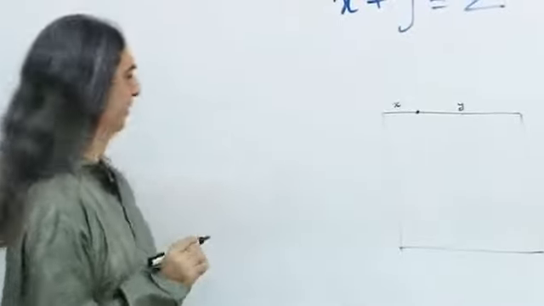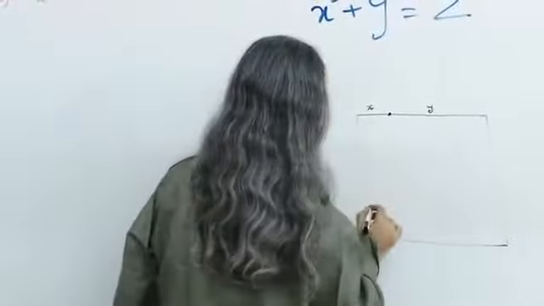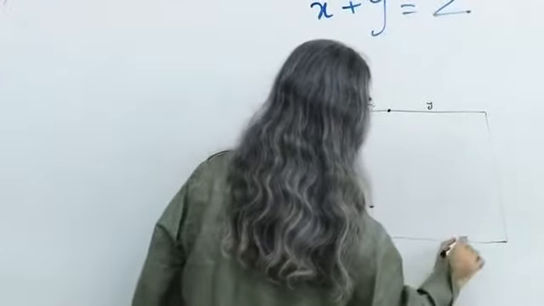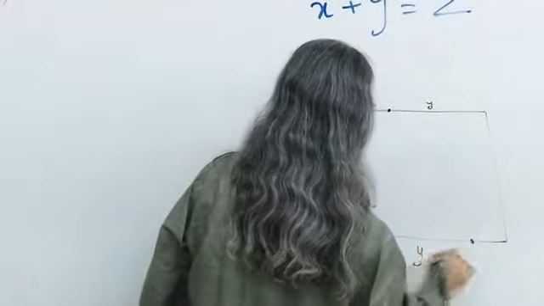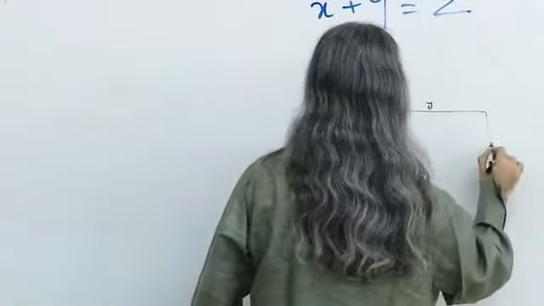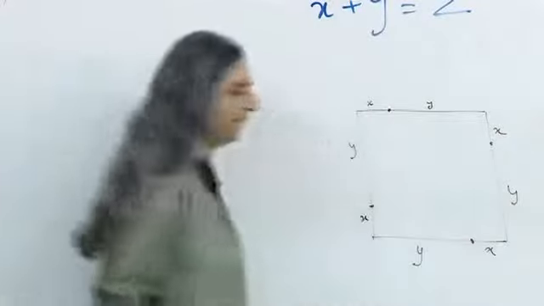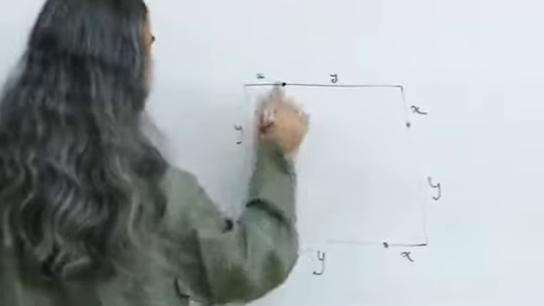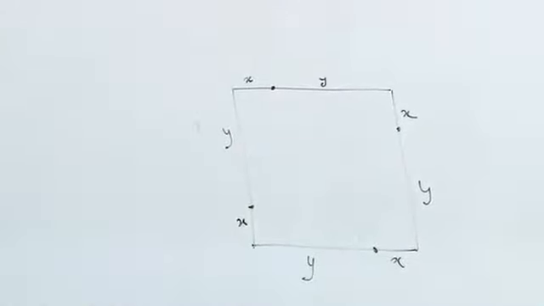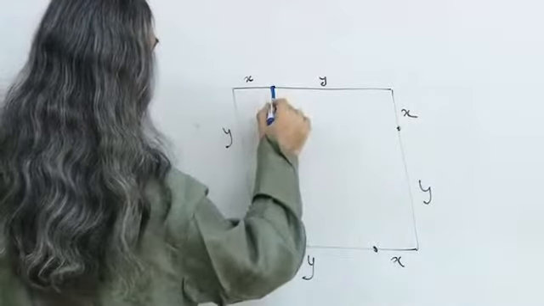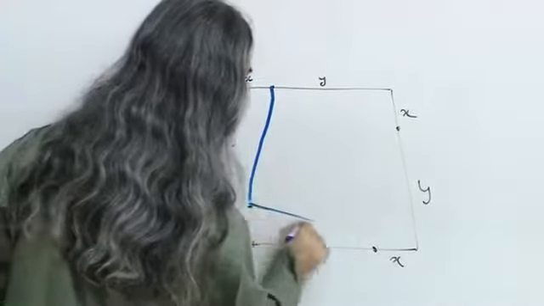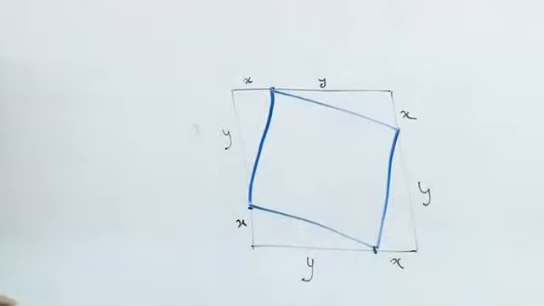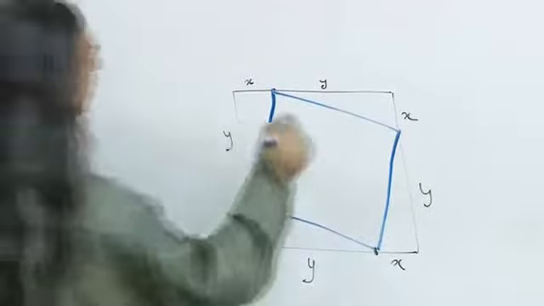Okay, that's a square. Even looks like one. Okay, then I take this, yes, okay. Now I join, okay, let me use another color. I join these points. Yeah. All right.